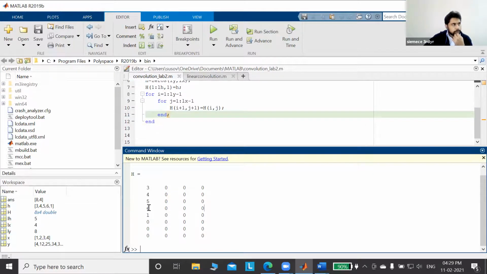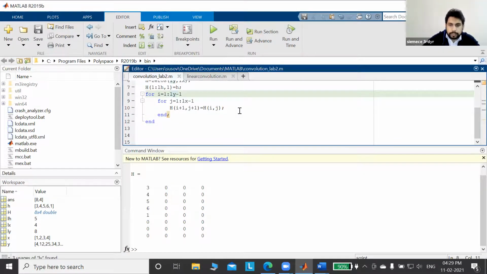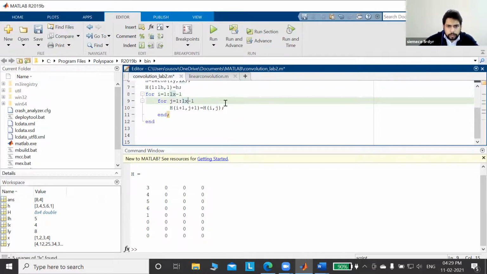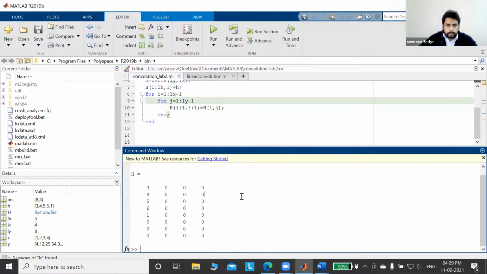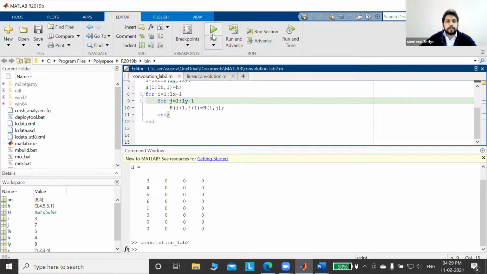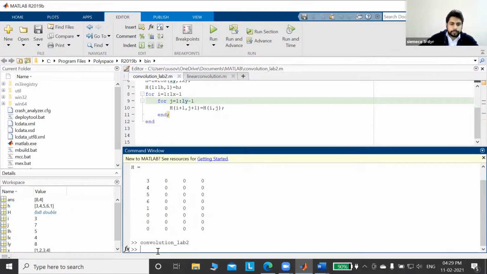So column, then it will get row. Now if I do it like this, I'll change some part here: lx minus 1, and it will be ly. Then what happens? Now if I run this program, then I check CLC.